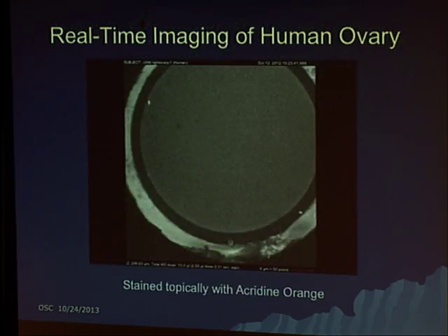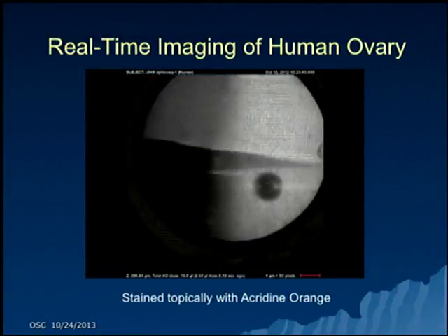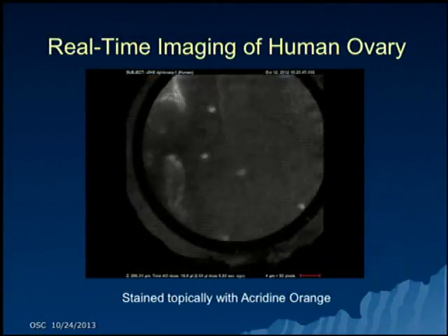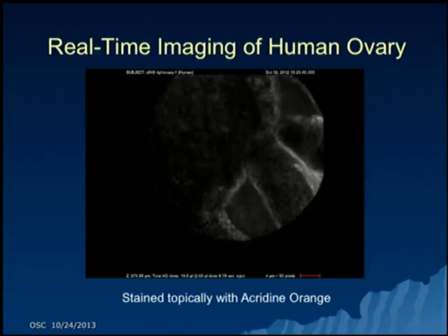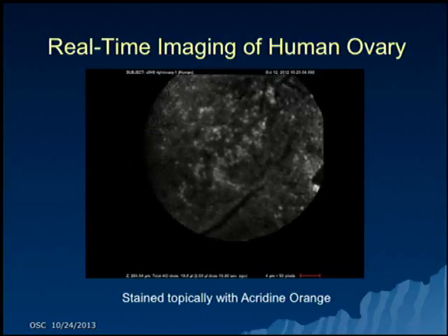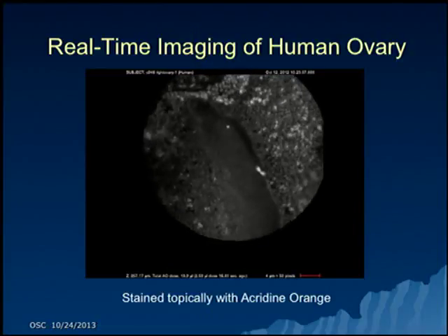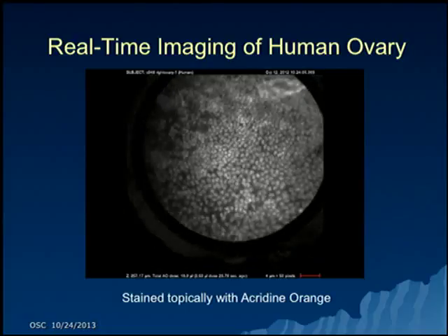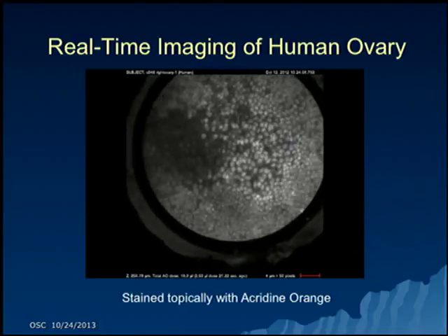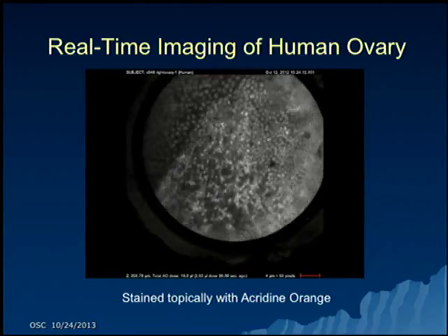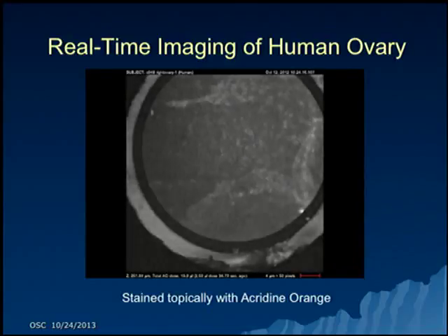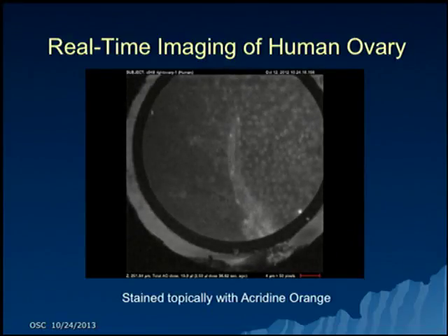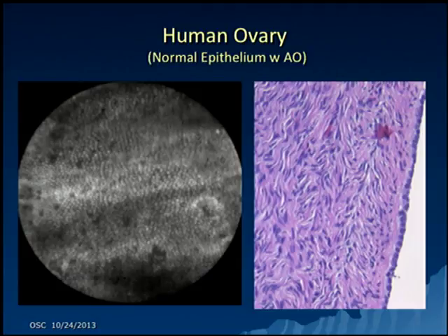So here's an example of real-time in vivo imaging. There was some dye delivery. Now it's getting placed onto the surface of the ovary and focusing. You can see it moves around, but it's running at 30 frames a second, so you can get pretty good visualization of the distribution of cell nuclei as they try to hold it fairly steady, which is not so easy to do. That's one of the tricks, getting a steady image, although you're continually collecting these images and can go back and review whatever you've collected over that region. So one of those frames looks something like this.